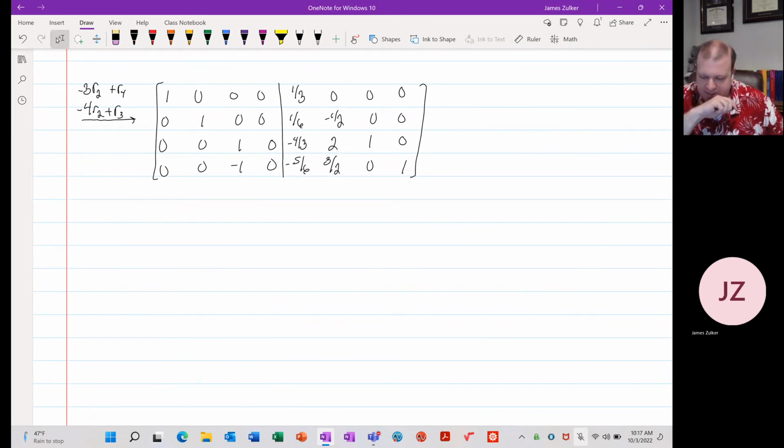You should be able to see a problem. But to be safe, we can go ahead and do another operation. What we want to do is clear out the entries below 3, 3. Well, that would just be row 3 plus row 4. And that leaves us